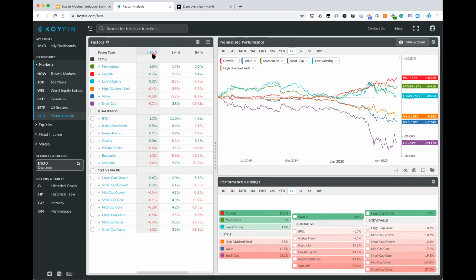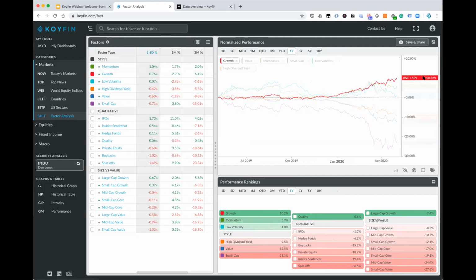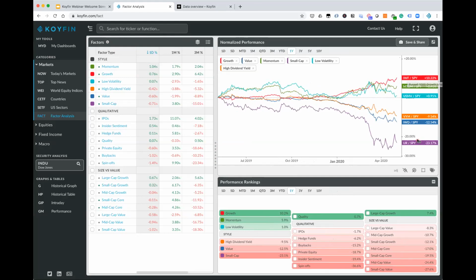You could see that in here. You could also see that when we have the tickers here on the graph. So this is growth divided by SPY. This is small cap divided by SPY. So make sure you remember that these are relative to the market. But this is a really interesting and cool dashboard to monitor